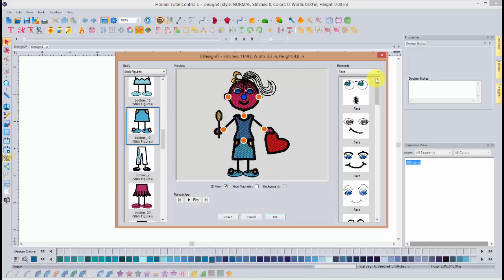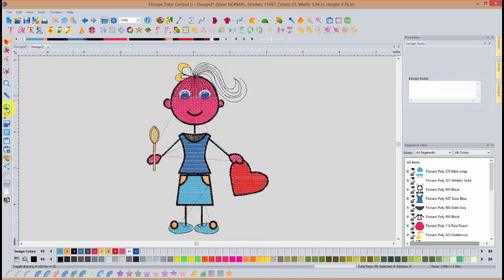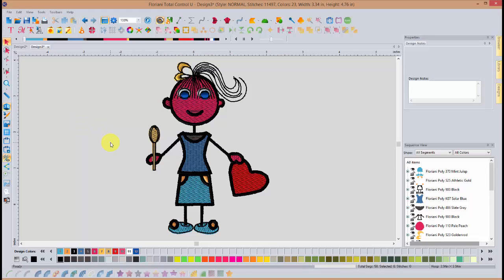You can spend hours and hours in these You Design It collections. Once I have the design ready, I'm going to click and say OK. So it automatically generates that design for me. Now, before we stitch this out, we're going to do a little bit of editing with this. So when you use the You Design It collection, you'll see right now, currently, it's only 11,000 stitches,